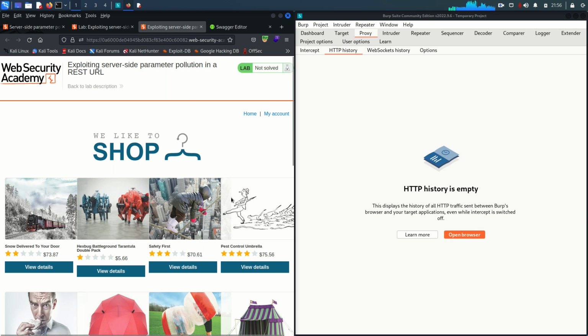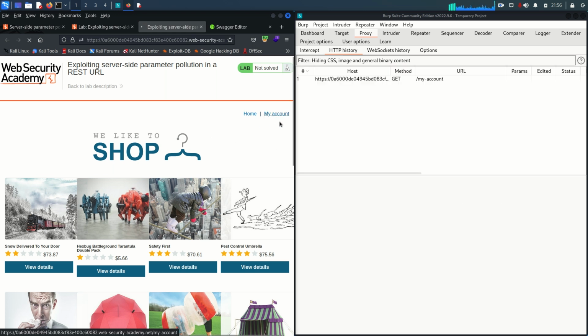Perhaps we will get the API endpoint, but in this lab we are not going to see the API endpoint, because as I mentioned, the client will interact with a front-end server, and the front-end server is going to call the backend API, calling the API server by REST URL. Fine. So now I'm just directly going to My account,